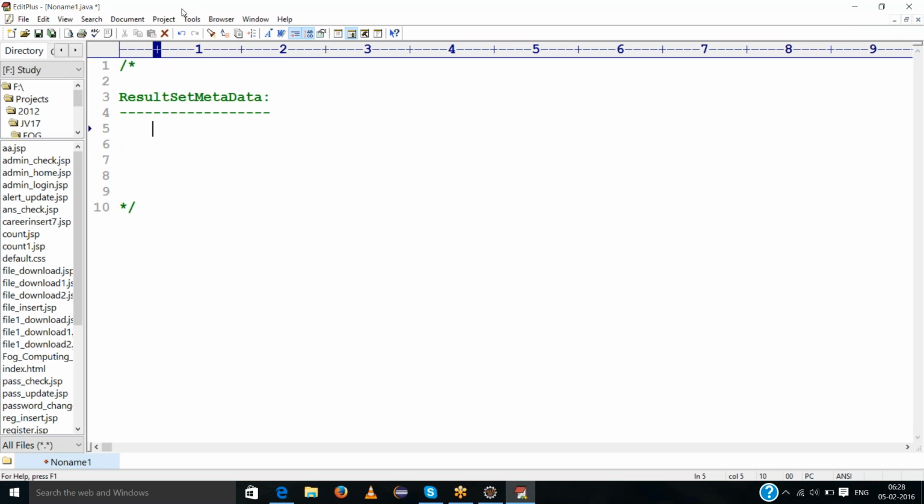Result set metadata. What is metadata? Metadata is data about the data. Data about the data is called metadata.